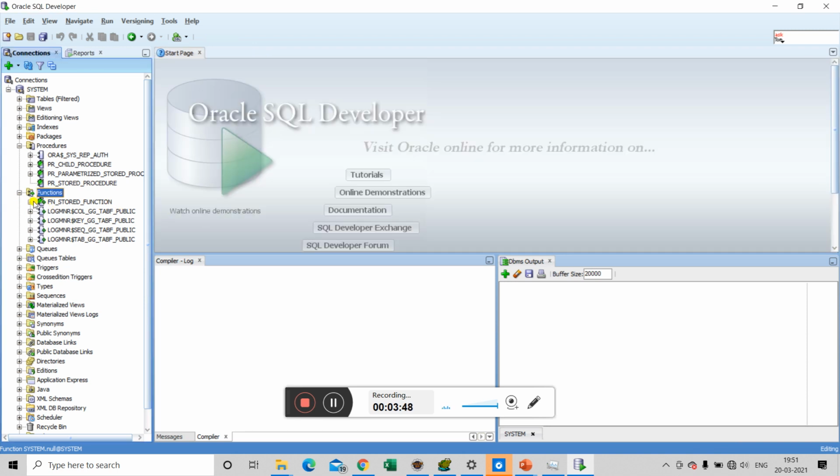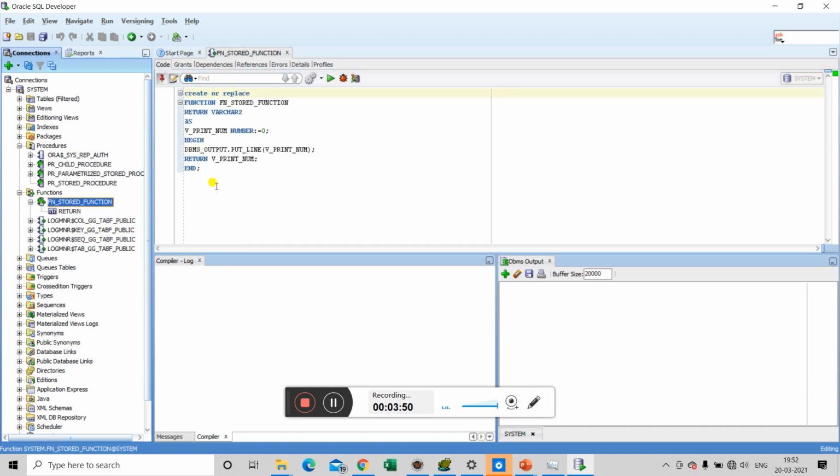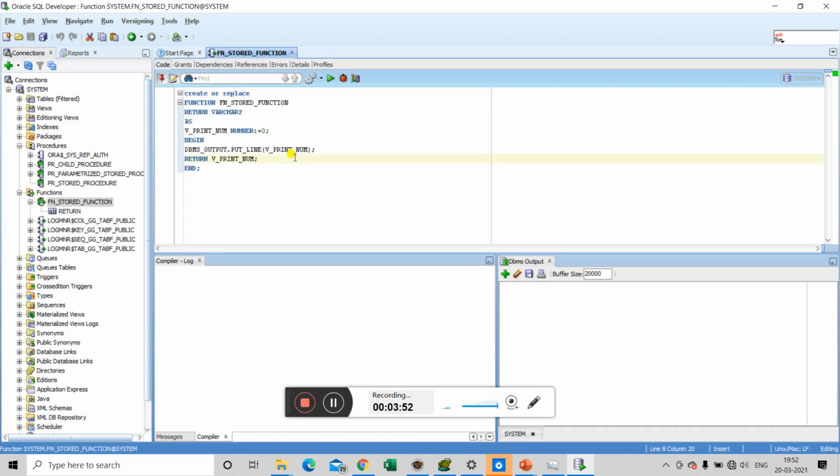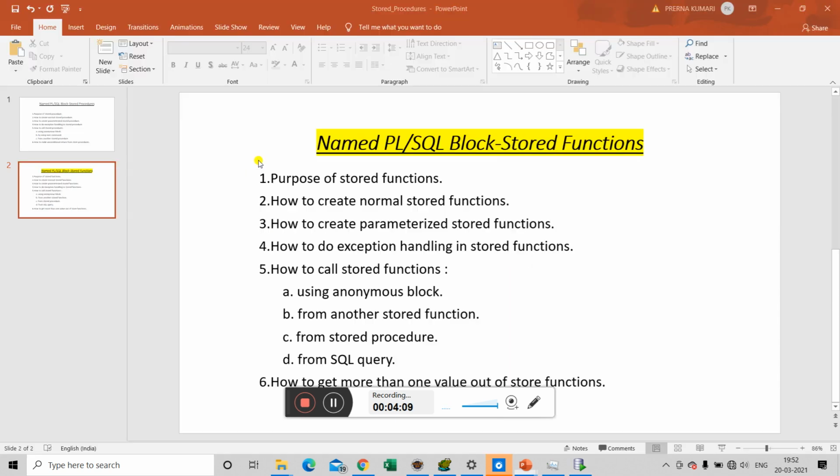By double clicking on it we can open our function. This is a normal function that takes no parameter, declares a print num variable, prints that variable, and also returns the same. So this is a normal stored function type.